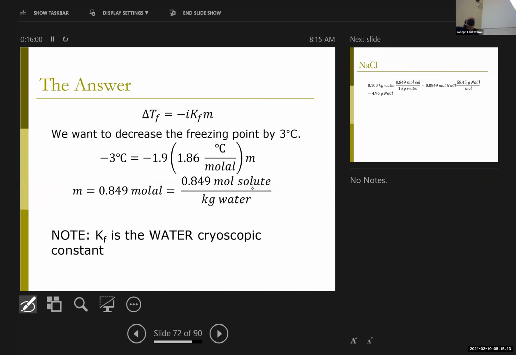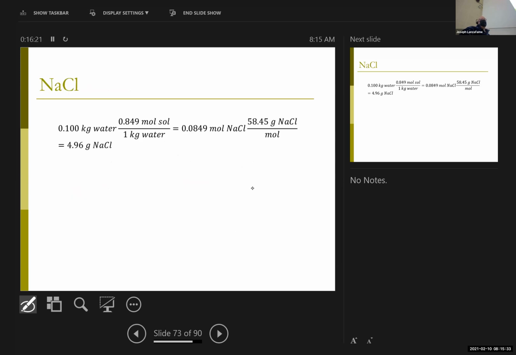And so right off the bat, because I get 1.9 pieces, I only need a 0.8 mol solution instead of 1.6, but the molar mass is also only 58 grams. And so the total amount of salt that I need is about a factor of 7 smaller, or no, almost 10 smaller. And so that and associated cost per pound,